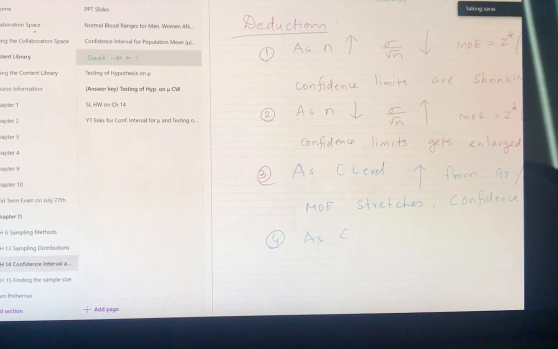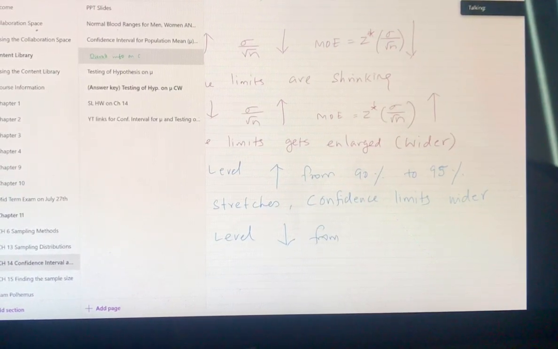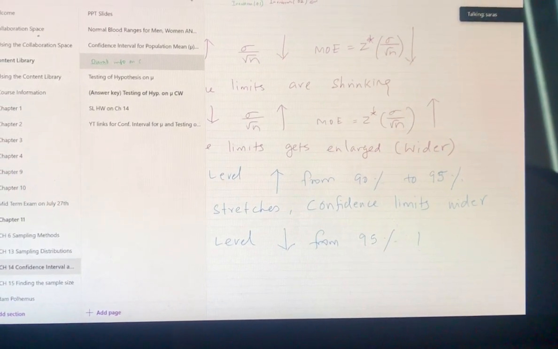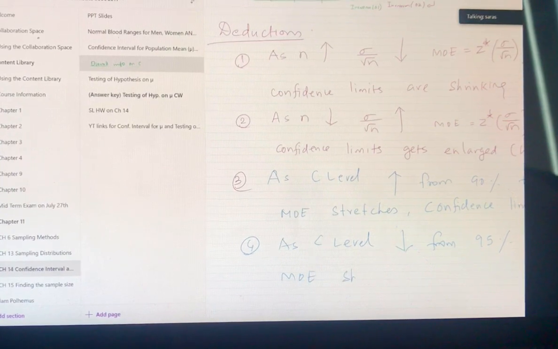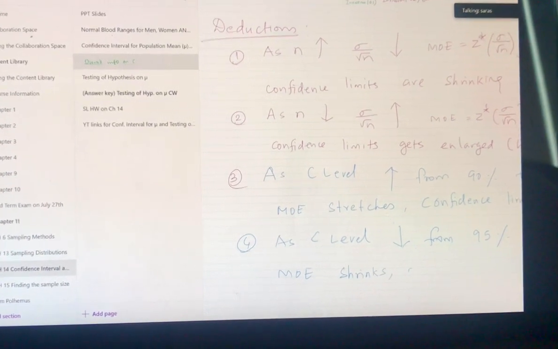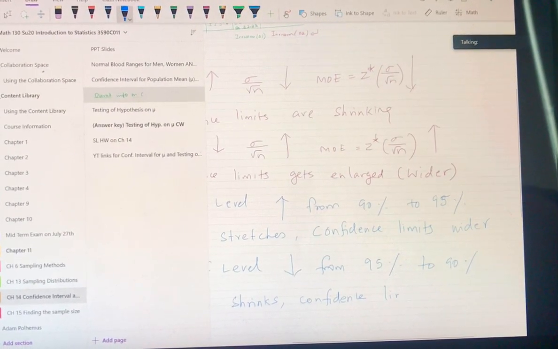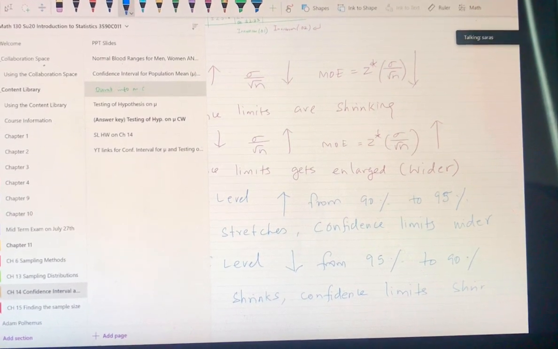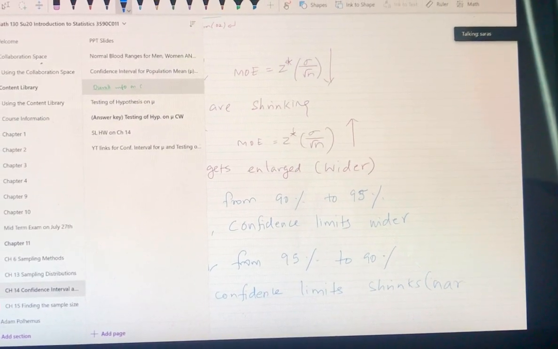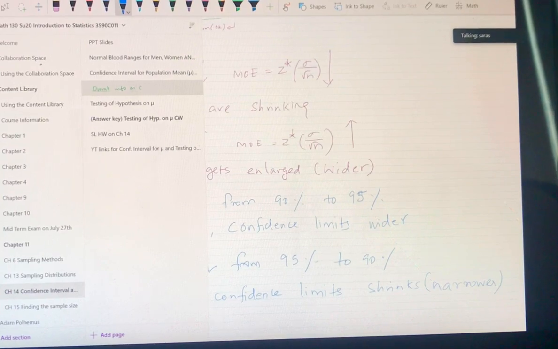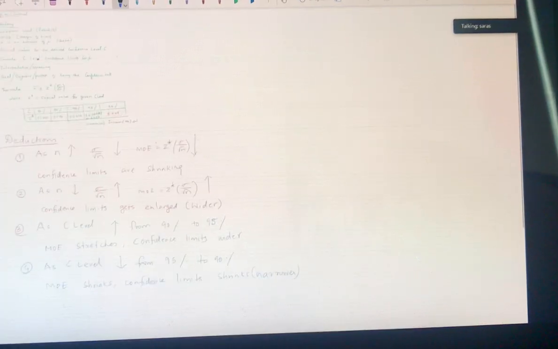As the C level decreases from 95% to 90%, MOE shrinks, confidence limits shrink, or it's getting narrower. Right? So these are all the results that we have seen today about the first part of the material,